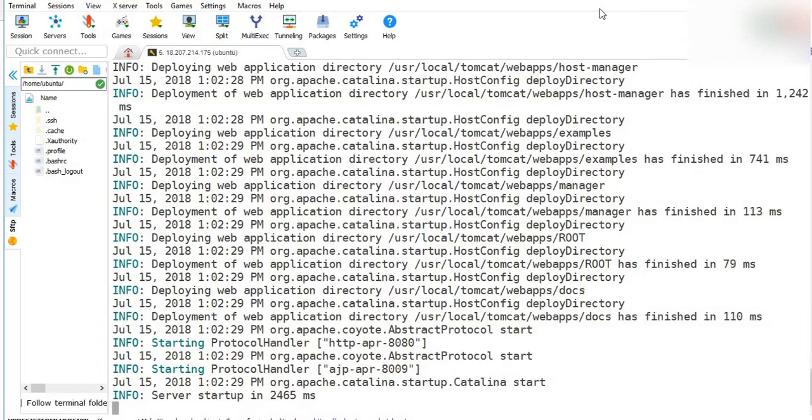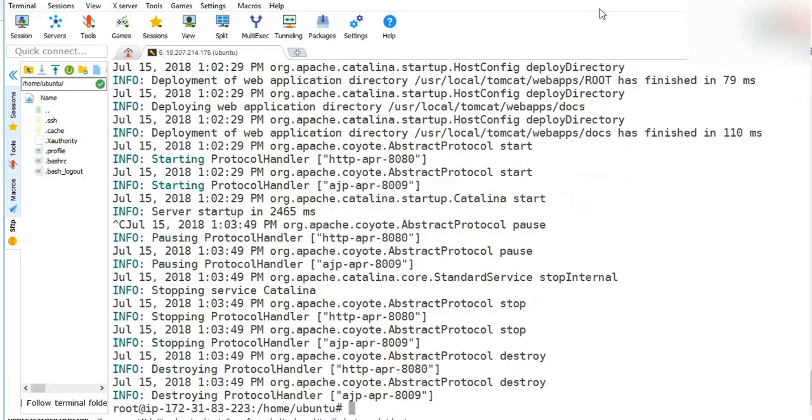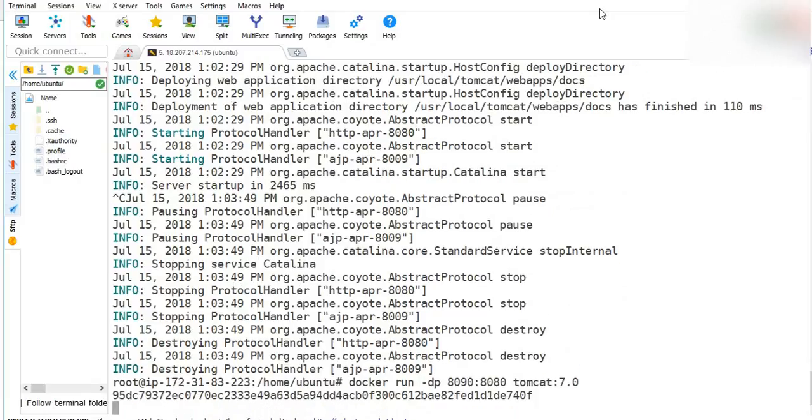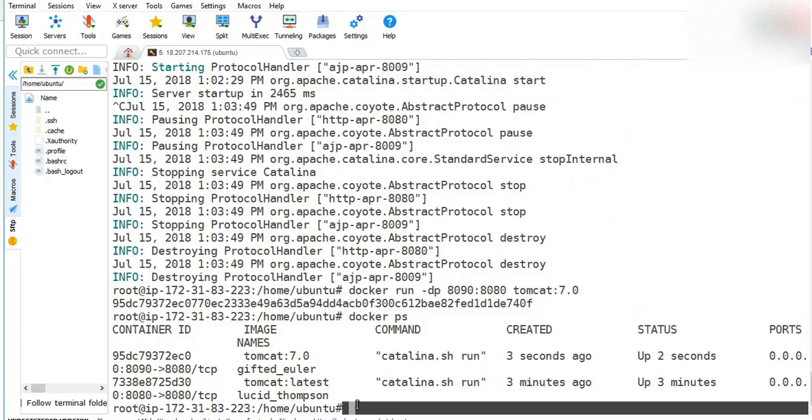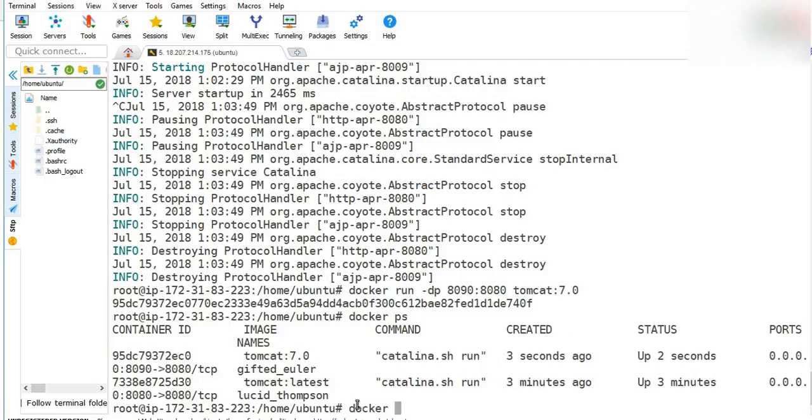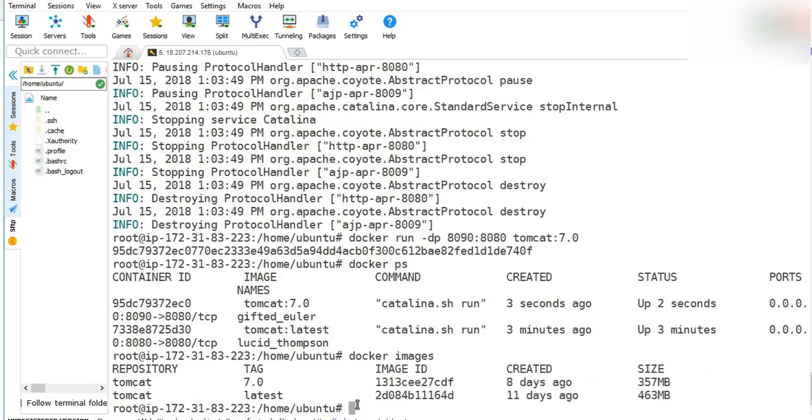So now what I'm trying to make here is not only that. There is another point. Let me first keep both of them running in detached mode. Both of them will be running. So now if I go to docker ps, you will see two containers running. Now if I go to docker images, how many images should we see there? Two. Two images already there. One image is Tomcat latest, which is 8.5. The other one is Tomcat 7.